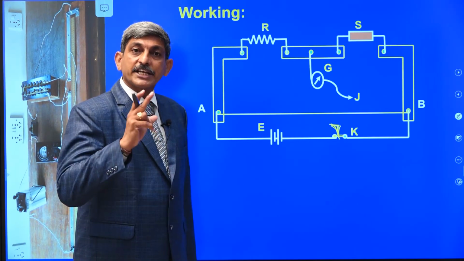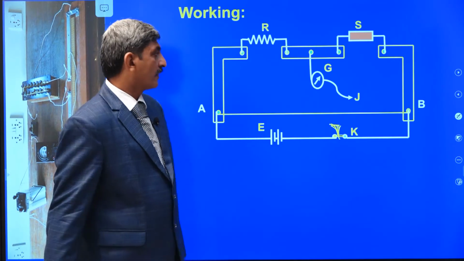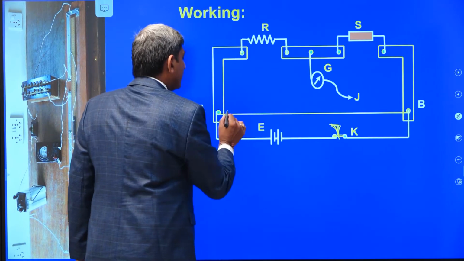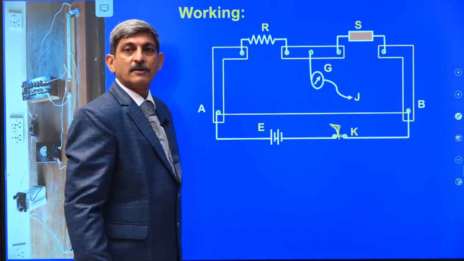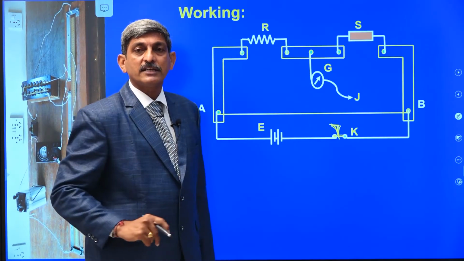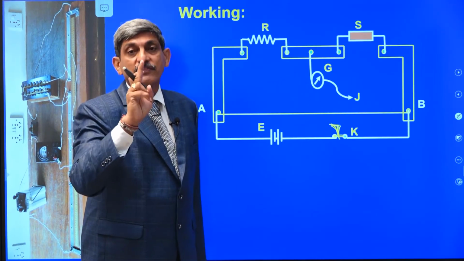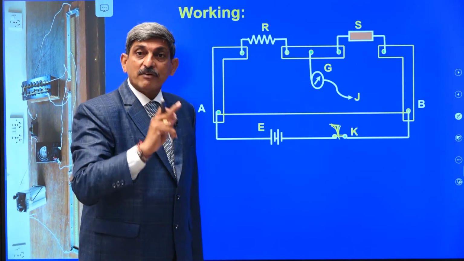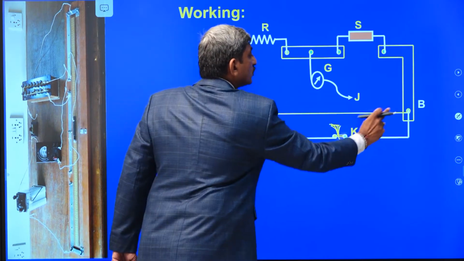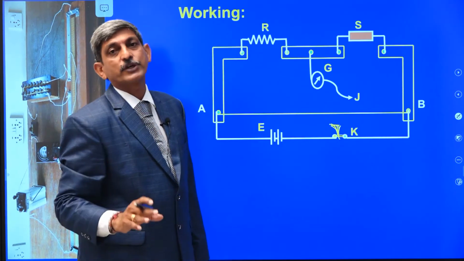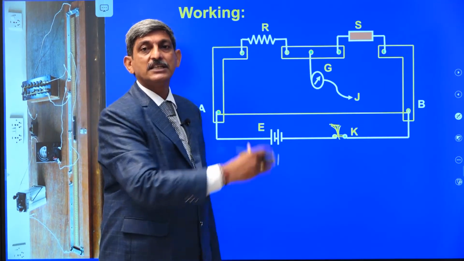To check whether the circuit connections are right or wrong, we are going to perform one test. Let us touch the jockey at end A and at end B of the wire. When we touch at the two ends of the wire, the galvanometer must show opposite deflections. Only when the galvanometer shows opposite deflections during the touching of the jockey at the two ends are the circuit connections okay. Otherwise, the circuit connections are not okay. We have to recheck the connections.